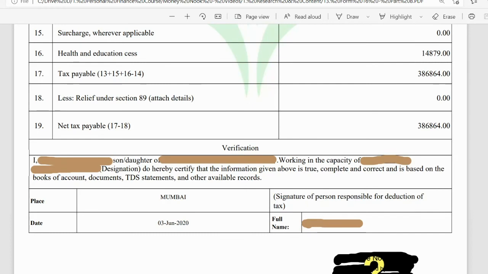As you can see from this sample, Form 16 is a comprehensive document capturing details of your salary income, any other income that you are earning, your allowances, deductions, the tax you already paid, and your total tax liability. You can use this Form 16 directly to file your income tax if there are no changes in your income or in your allowances and deductions post the Form 16. But if there are any changes in your income or deductions that you want to claim apart from what you have declared in your Form 16 to your employer, then you have to add them and finally file your income tax return. In either case, Form 16 is the starting step to file your income tax return.